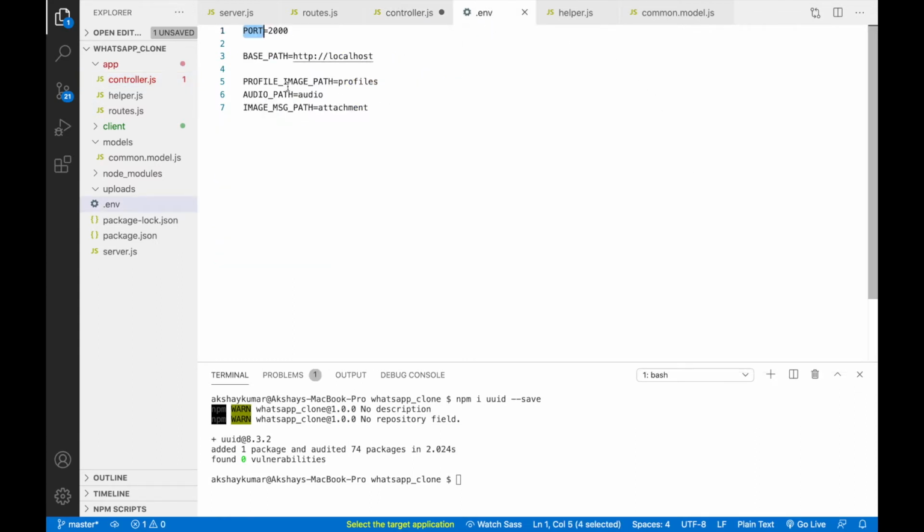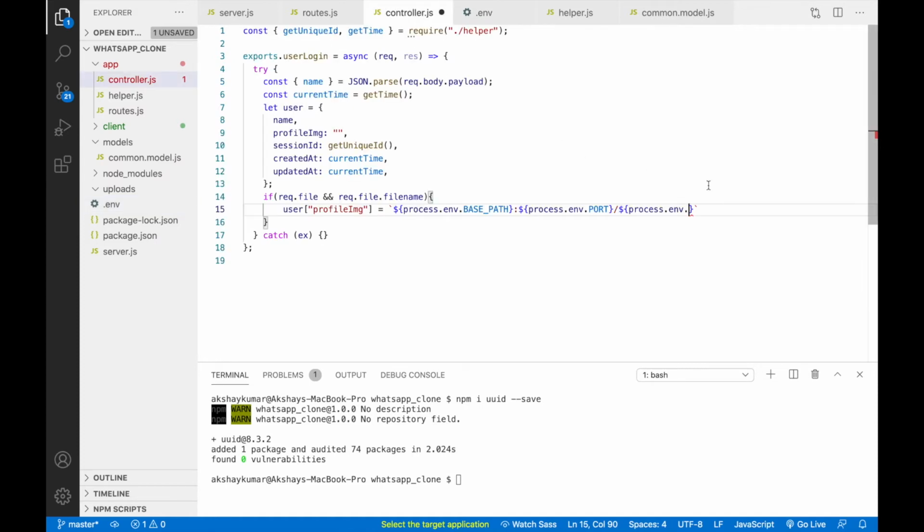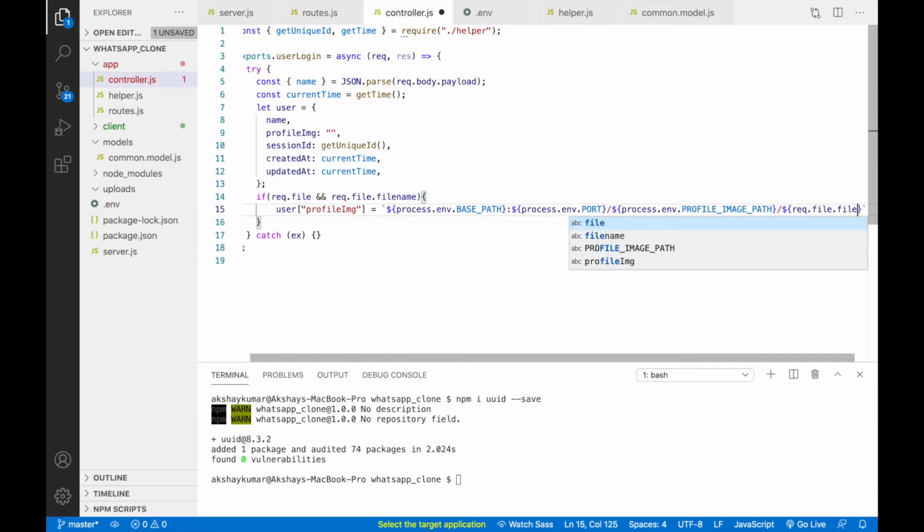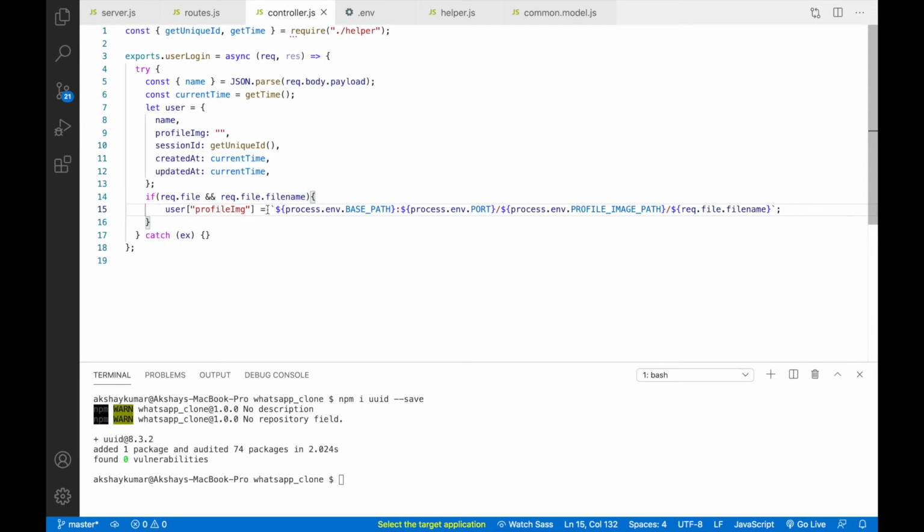So this one. Again slash, then request.file.filename. So this line will give you the currently uploaded file for that logged in user, right?